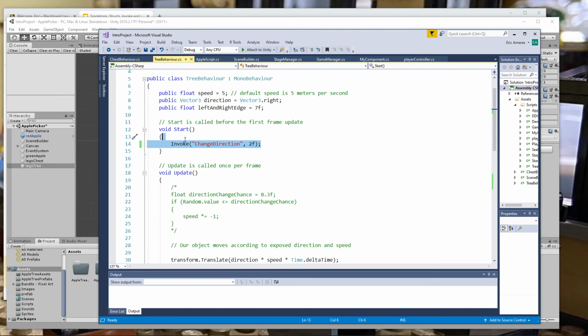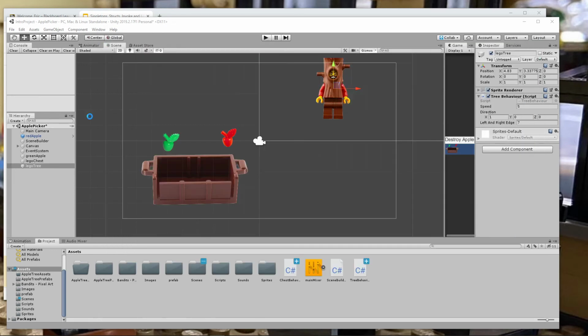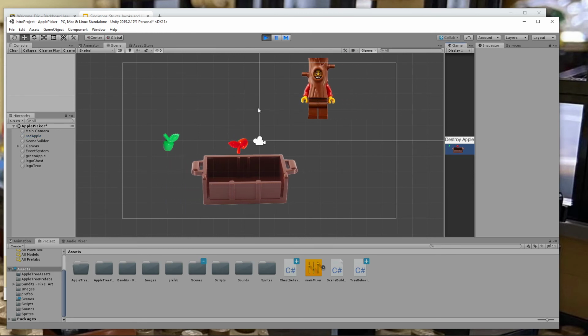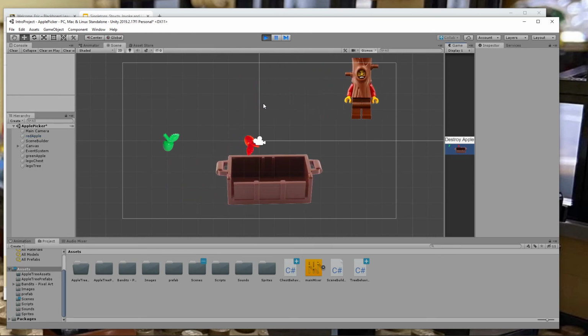Now, perhaps instead of that, I want to have it do that every 2 seconds. So I would use invoke repeating to do that. I'd say, invoke every 2 seconds. So wait 2 seconds and then invoke it every 2 seconds. So I'll start it and you'll see there, 2 seconds, 2 seconds, and again 2 seconds,